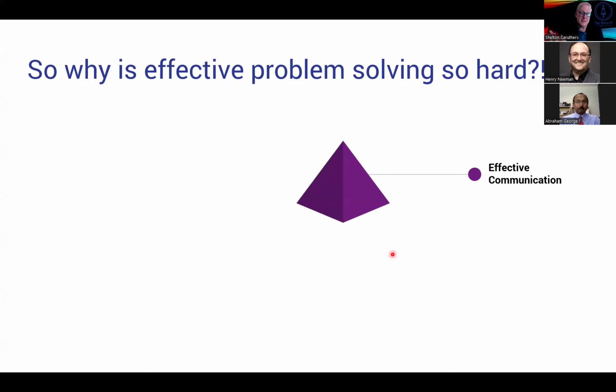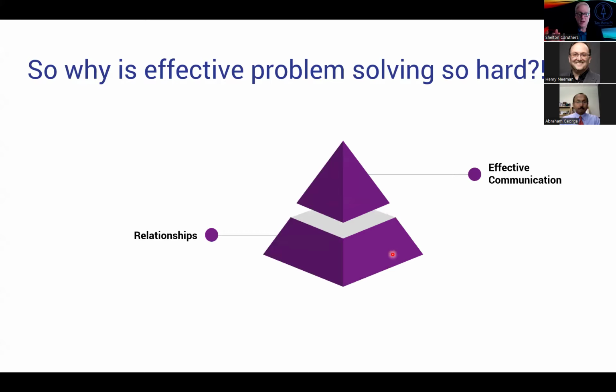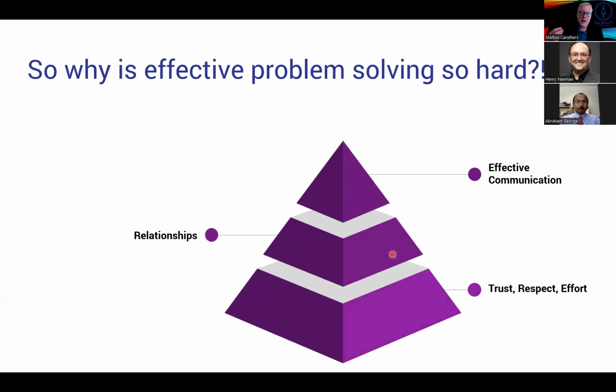So why is effective problem solving so hard? It's because it relies on effective communication, and effective communications are built on strong relationships. And strong relationships can only happen when there's trust, respect, and effort. And trust, respect, and effort are hard to come by, right?